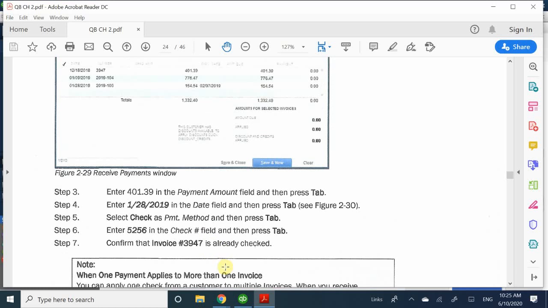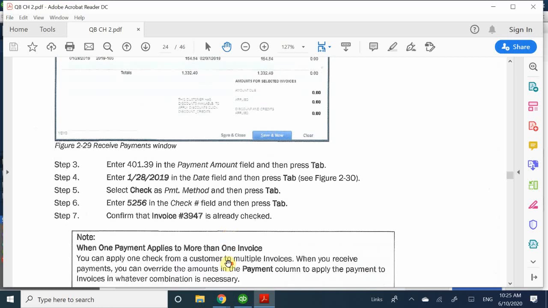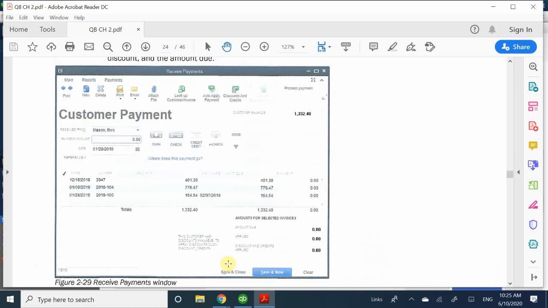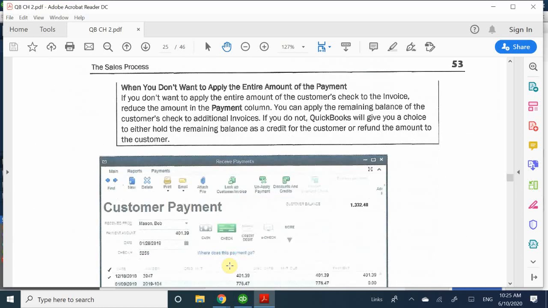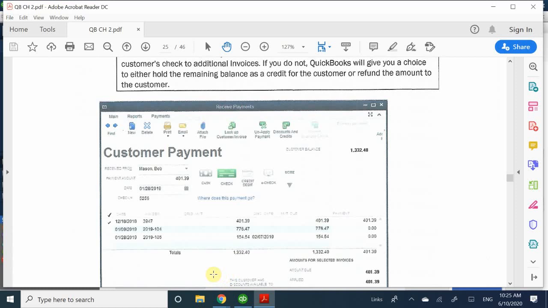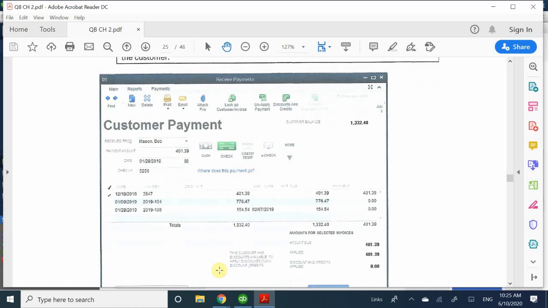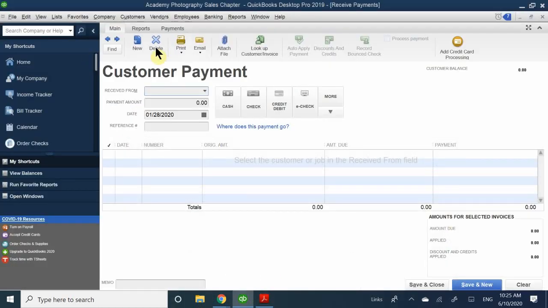Okay, so we're going to do invoice number 394, for, let me see, for the amount of, he's going to pay us for just the first invoice. Okay, so our person that we're going to be looking into is Bob